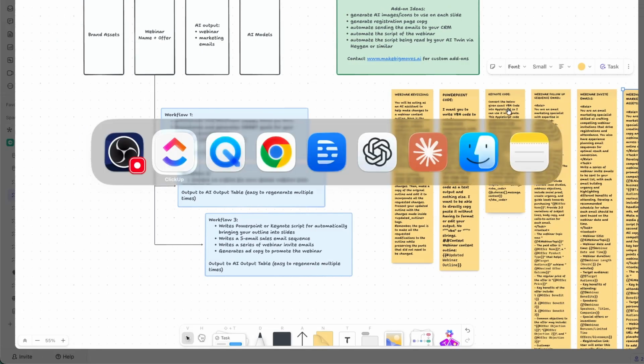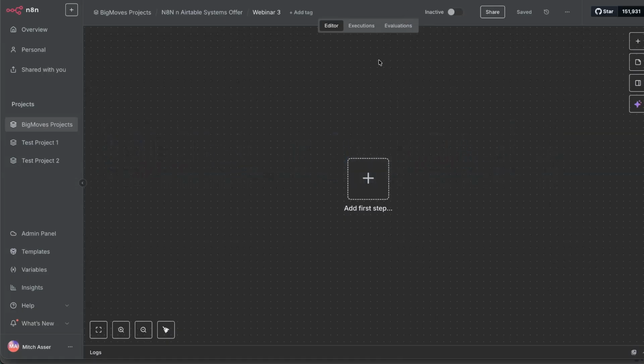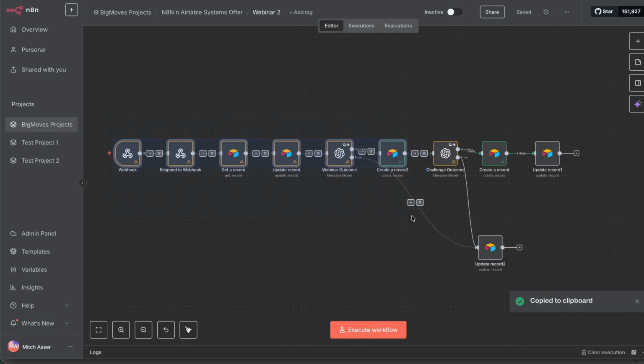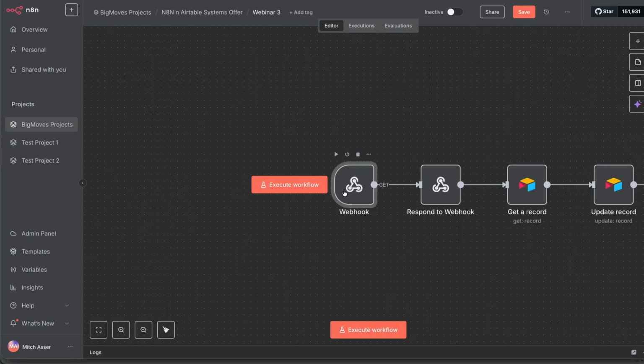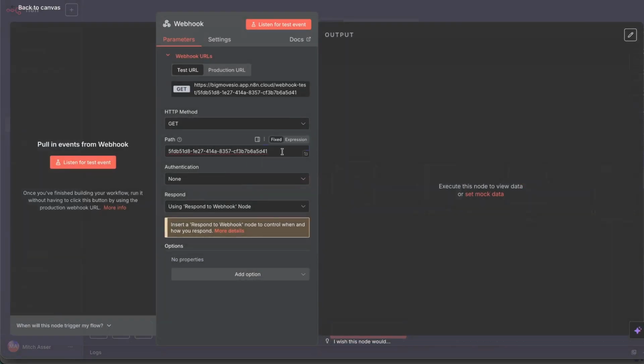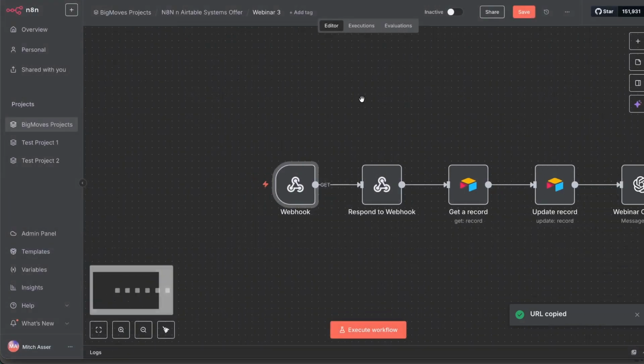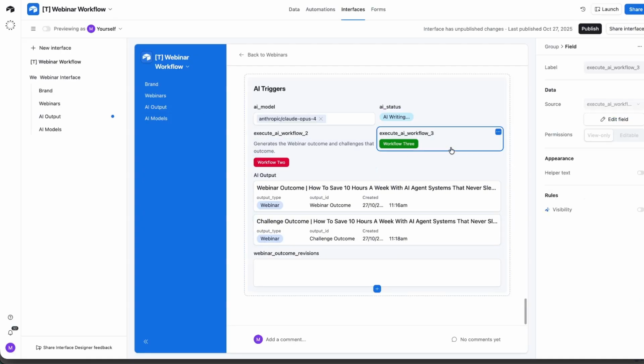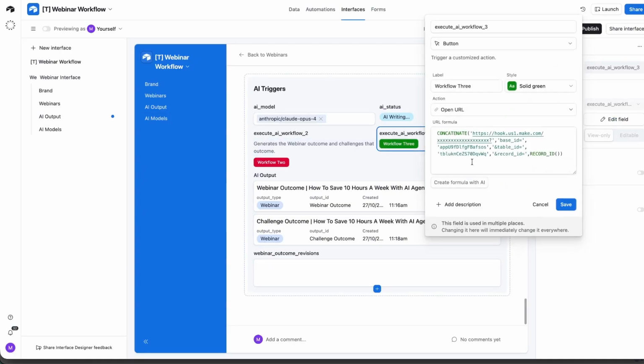So in order to get started with this one, we will come into our webinar 3. Now, like I said before, we can use what we've done previously in order to generate this. So let's copy all of this up front. And we'll just go generate. We'll change our webhook ID. We'll just change this to like 96, and we'll click OK. And we need basically everything that we had for the workflow 2. So here we need to change this up, and we'll add in our